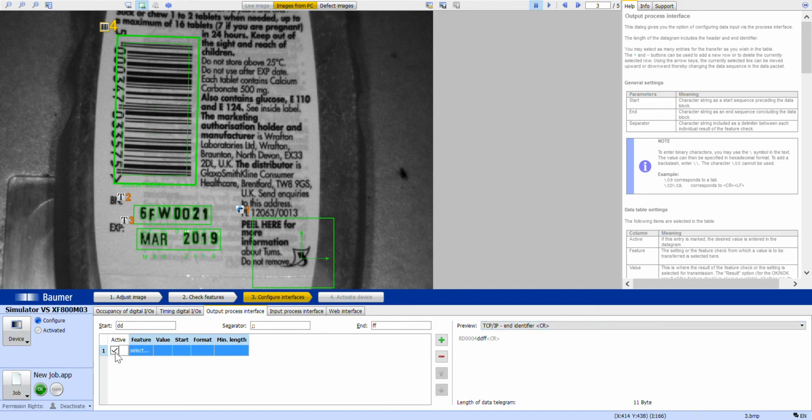Okay, so what we can do now is also output the string of information if required to the PLC. Rather than just pass and fail, if you want to take a string of information, you can do. So we go to the output process interface, select the text, and select what the read text is. And you can see here, if I get rid of these start characters and separators, and here you can see it's outputting the information here,